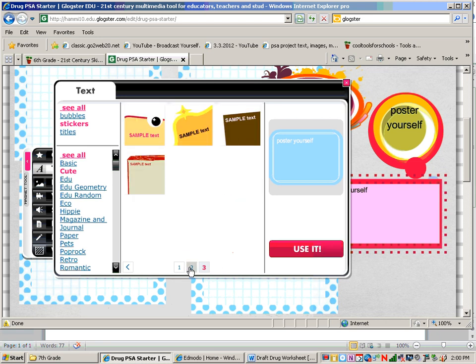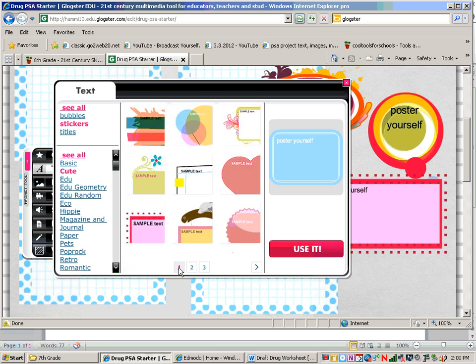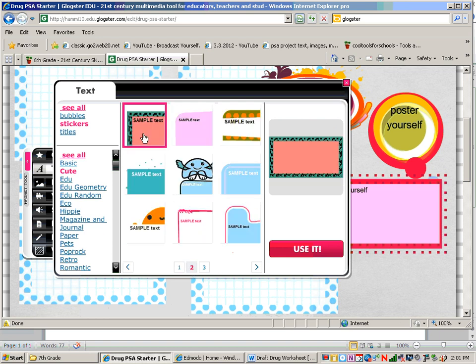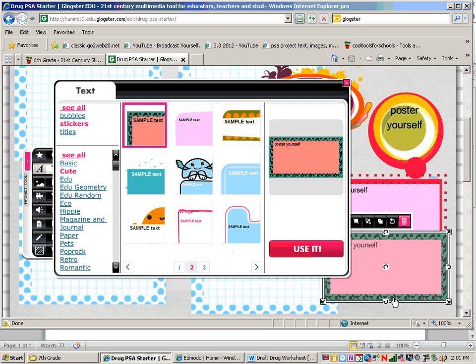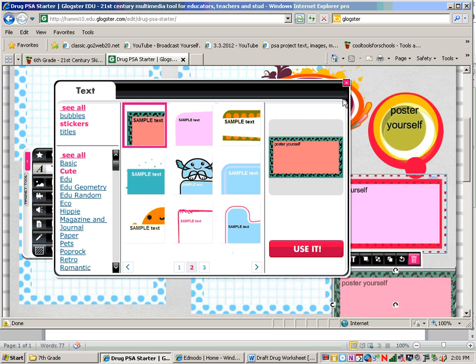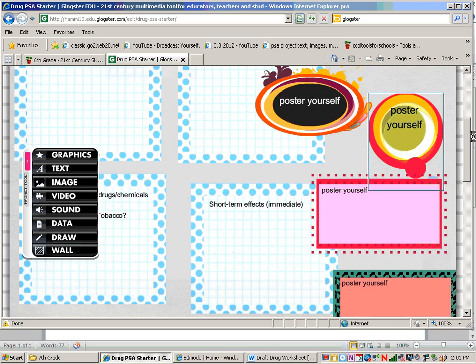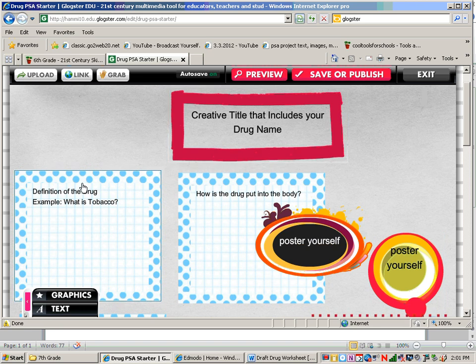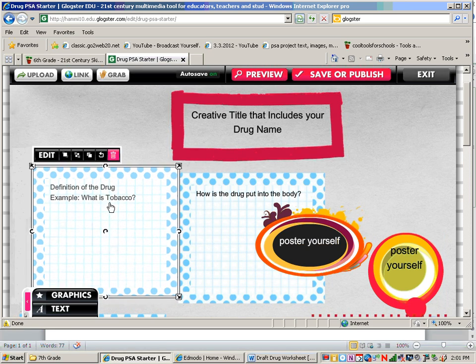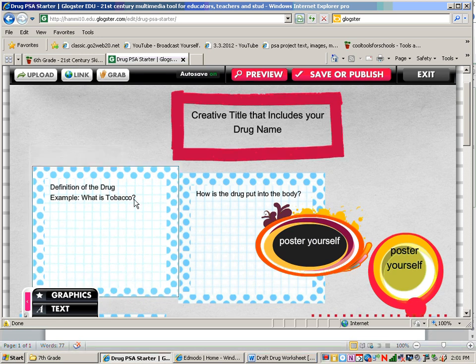However, you have to mess around with the font size. Sometimes it's nice just to have the biggest one possible. So you guys get the idea. So here's how you set your boxes up. Now, I've only given you a couple of the headings. Okay? Definition of a drug. Example, what is tobacco? So really, what you should have here is, you need to click on it,